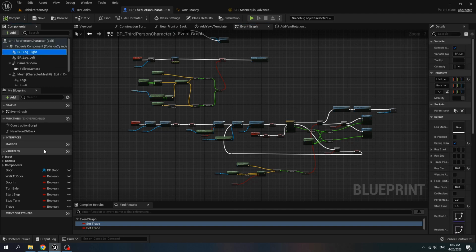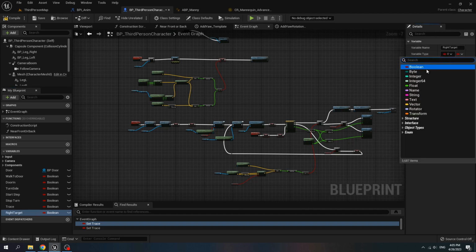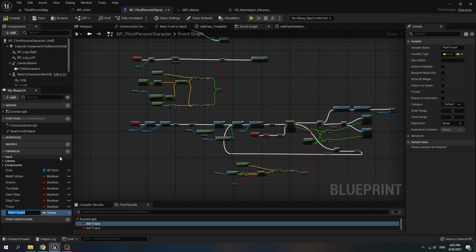So add new variable, name it right target. Variable type is vector. Add new variable, name is left target. Add new variable, name is right start position.